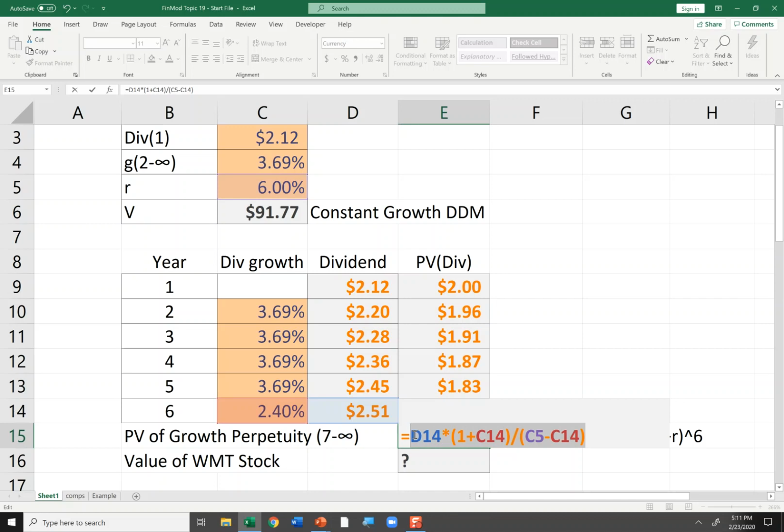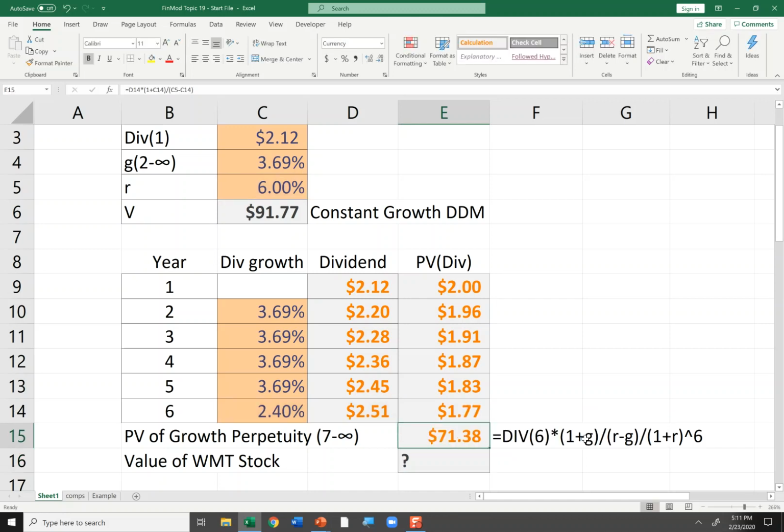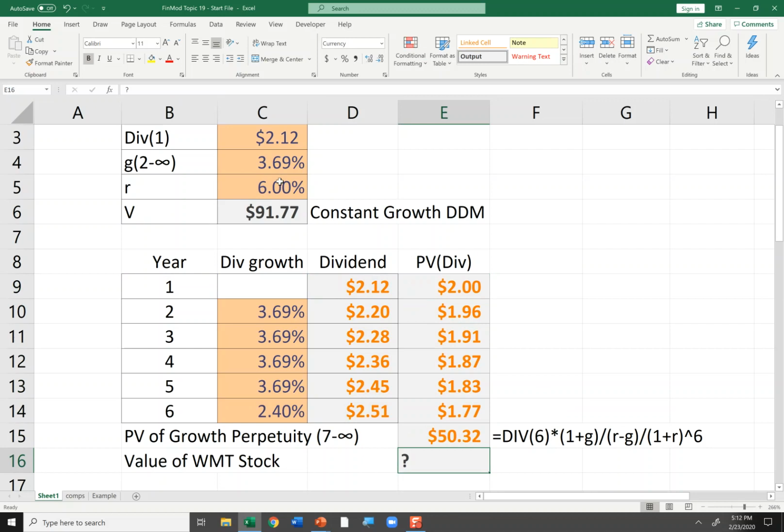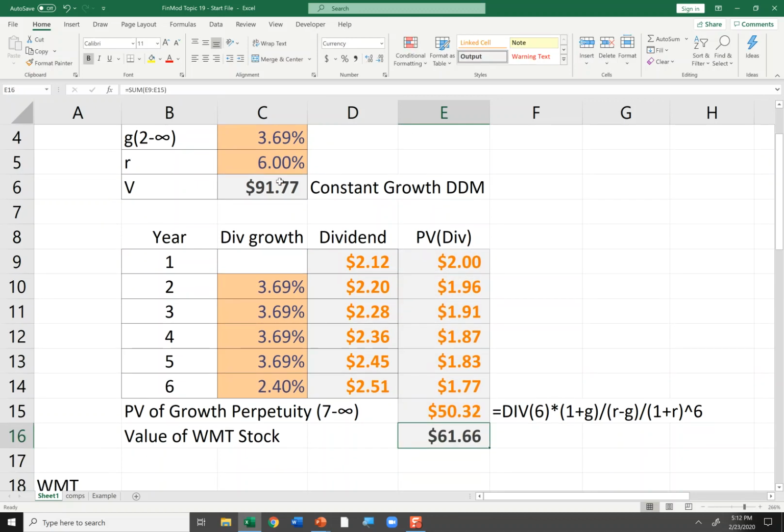However, when you apply a growth perpetuity formula, divide by R minus G, it always gives you the value in the period before that cash flow, before the numerator cash flow. So this is a year 7 cash flow over R minus G. So if I just hit enter, that's going to give me the value in year 6. However, everything has to go back to the present value. So I'm going to take that value and discount it back 6 more years by taking 1.06 to the 6th power. I'll then add up all these cash flows and I get